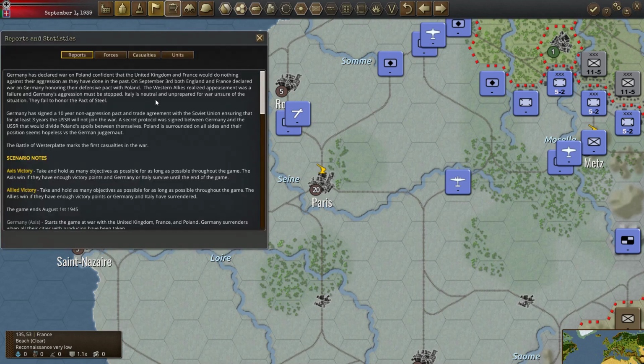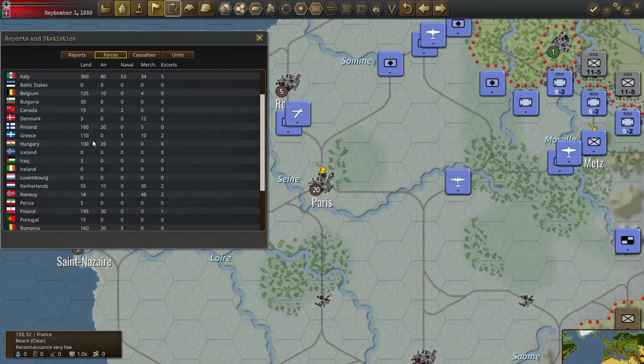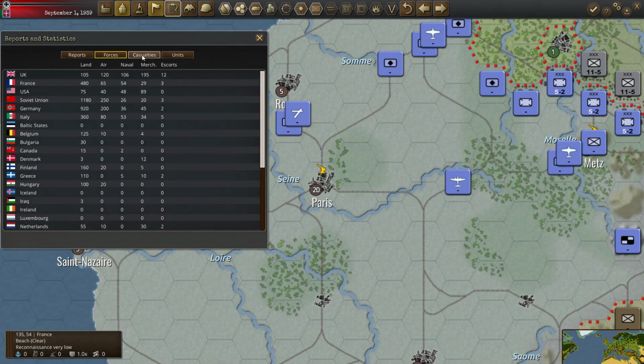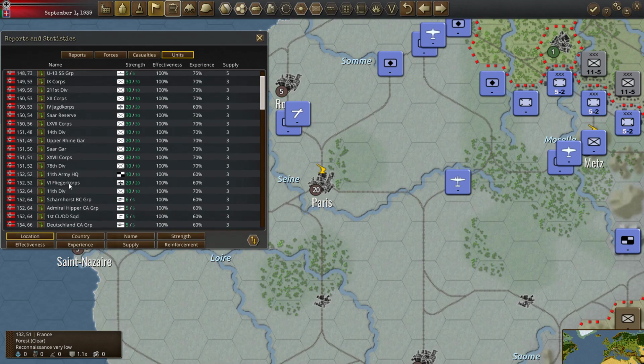Here are your reports. You've got forces. This is actually something which I have not used nearly enough, but it will help you track what's going on in the game. Casualties, obviously, the war hasn't started yet, but if you want to follow the casualties and units. This also I haven't used very much, but I think it's really important. And down here, you'll notice, for example, you've got location, effectiveness,